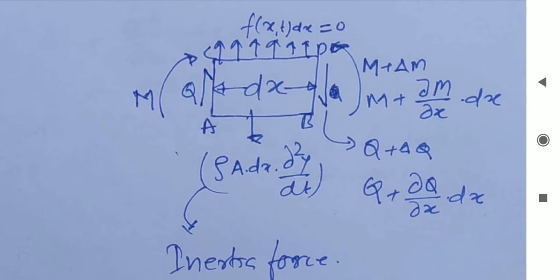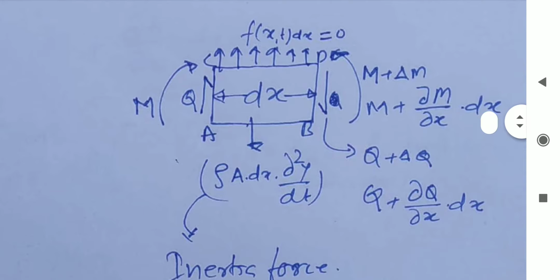This is the shear force, and there is also a moment acting. The AC face has a moment in the clockwise direction, M, and the BD face has M plus delta M. In this way we rewrite it as M plus del M upon del x into dx, and